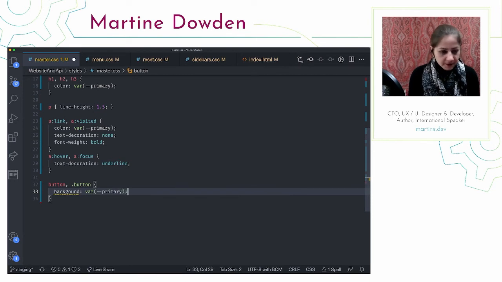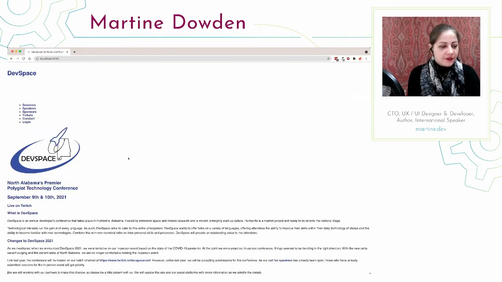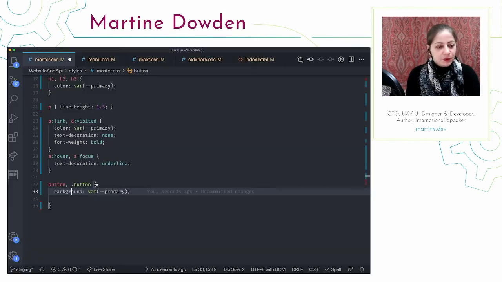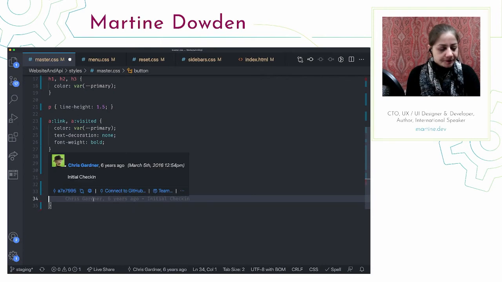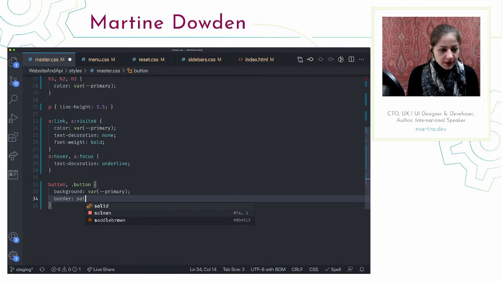Eventually, I think I'm going to give them an accent color as well. I'm kind of thinking purple, because what's interesting about their theme is that their theme is very space oriented. We have this little rocket, Dev Space. It's in Alabama. They have got a space center not very far, so it's kind of leaning into that. And so with purple and nebulas and stuff, it could be really cool. I haven't chosen that purple quite yet. I need to find one that works well with their blue. And then we're going to give them a border solid one px. I'm going to go ahead and make that one transparent for the time being.